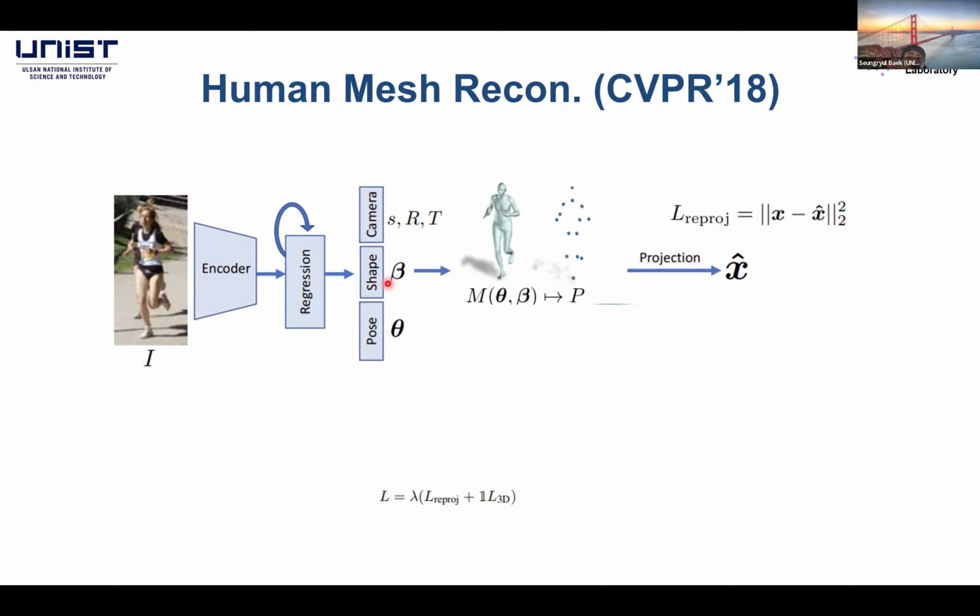So we already know about this. We want this CNN architecture to estimate the proper beta and theta, which are the shape and pose parameters for this RGB image. Okay? And using that beta and theta, we map it to the 3D mesh and map it to the